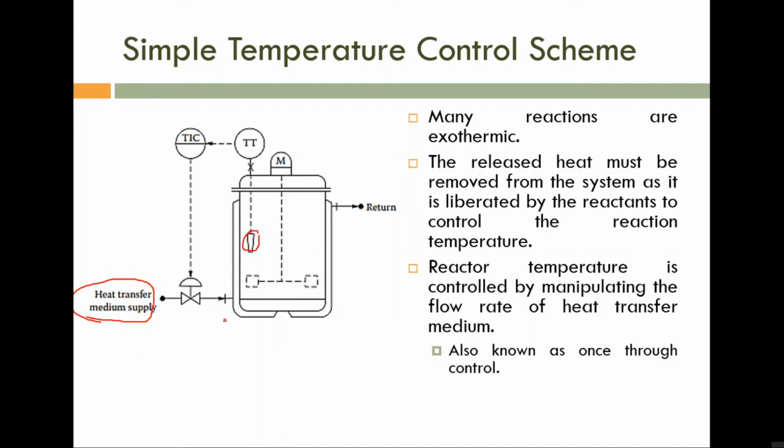I am not saying the TIC is giving more control signal. I can't say at this particular point whether it is giving more control signal. TIC will try to increase the flow rate of the heat transfer medium if the temperature inside the reactor is very large. Okay, so I told you at this particular moment I can't say the TIC is giving a very large control signal or a very small control signal. So first thing, if you are using a normally closed valve, say for the time being assume that we are using an NC valve.